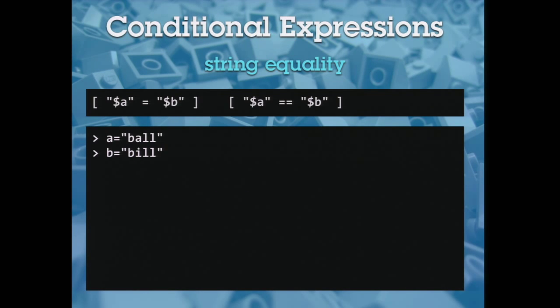You can also test strings against other strings with, in this case, either a single equal or a double equal. In other programming languages, they force you to use double equals. So if you want to move on to something later, you can get in the habit of using the double equal. They have to be exact. So if one character is wrong, it's not going to match. 1 is false.